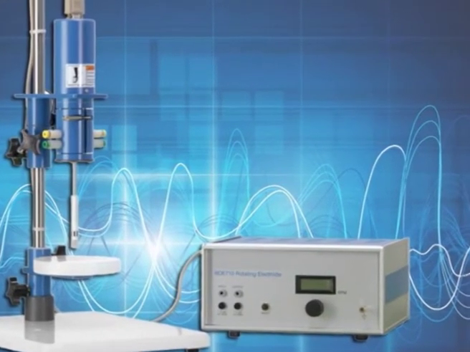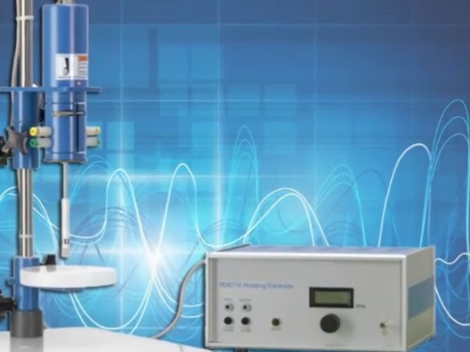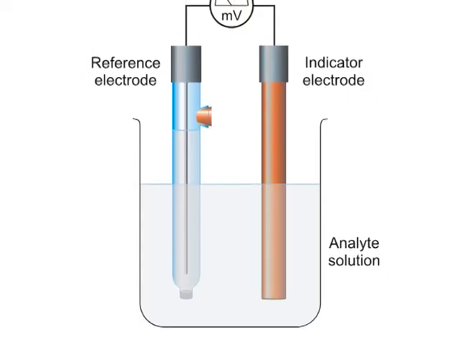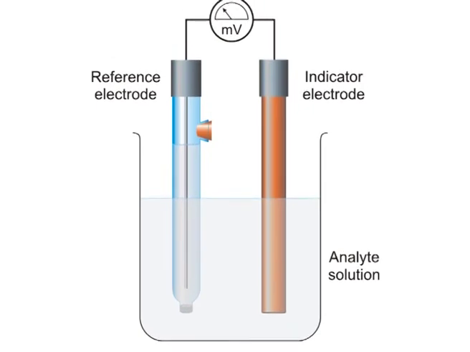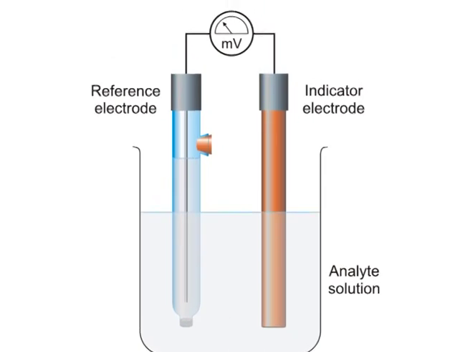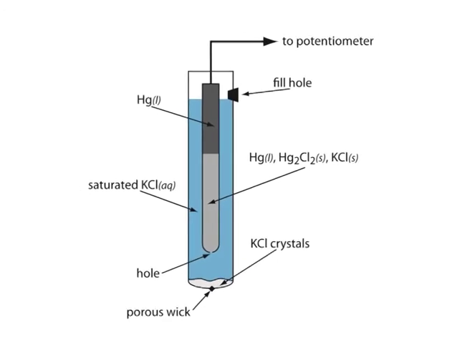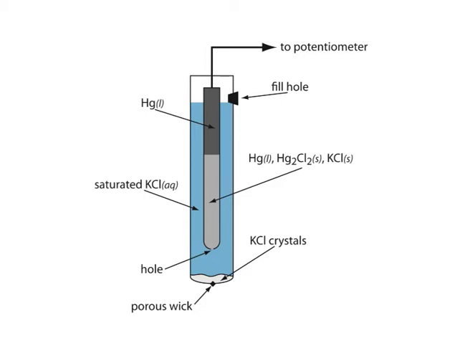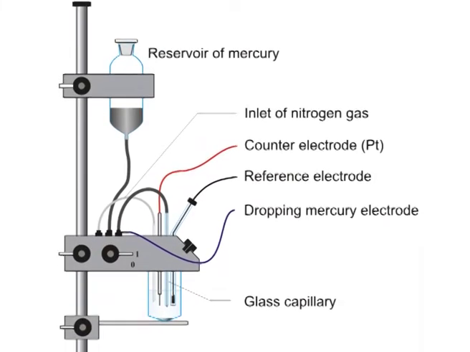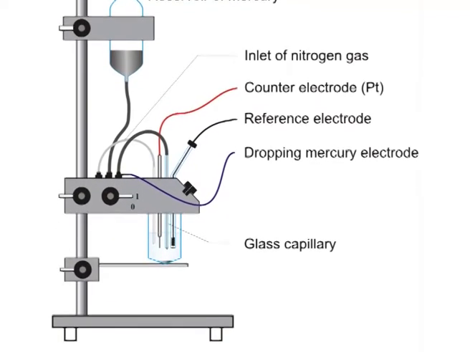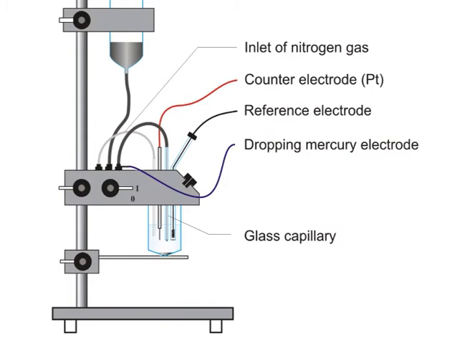Electrical connection is made to the electrode by copper wire passing through the tubing to the mercury covering the platinum wire seal. The mode in which titration is performed can involve either the use of one or two indicator electrodes depending on the nature of titration. Reference electrode used in amperometry is SCE, saturated calomel electrode. Indicator electrode used in amperometry is DME, dropping mercury electrode, or RPE, rotating platinum electrode.